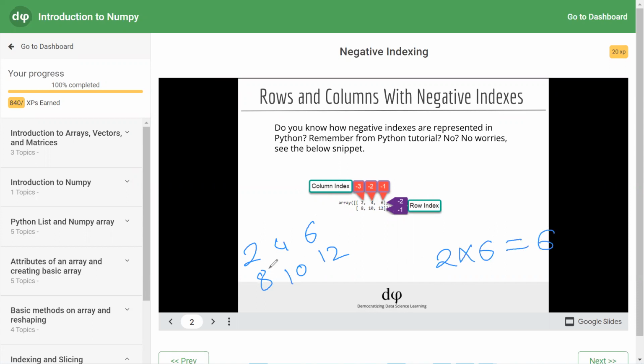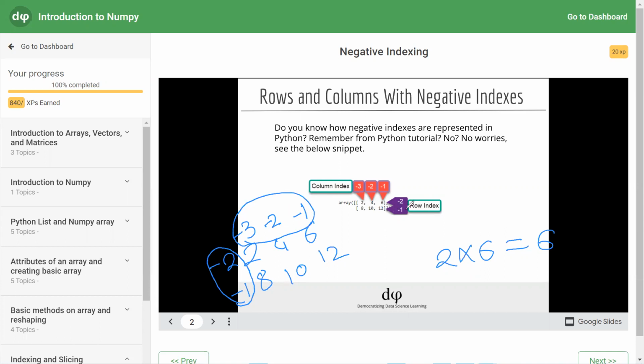Now, if you want to start negative indexing, it has -1, -2 as rows, and -1, -2, -3 as column indexes. So negative indexing starts in the reverse order. For the row index, you have -1 and -2. For the column index, you have -1, -2, -3 in reverse.